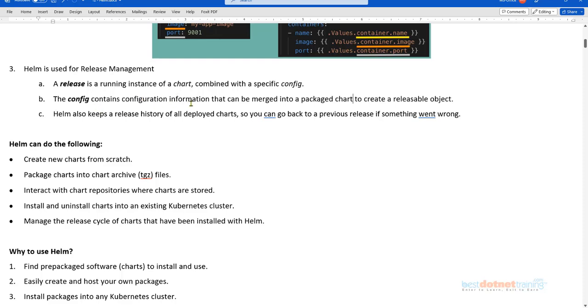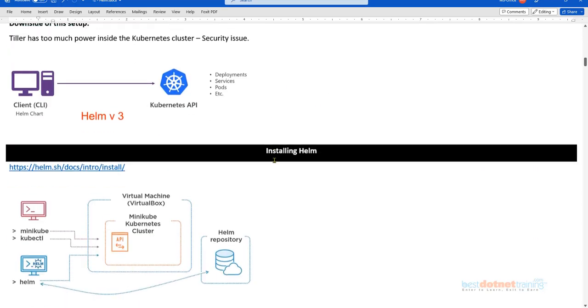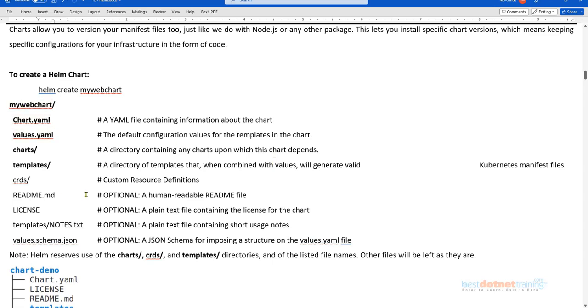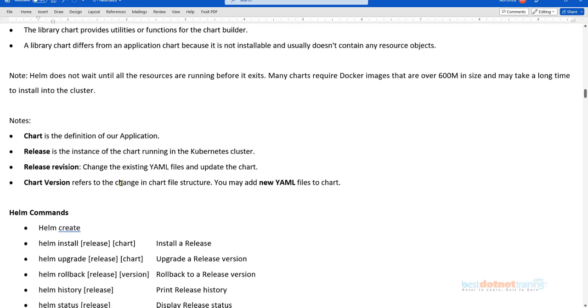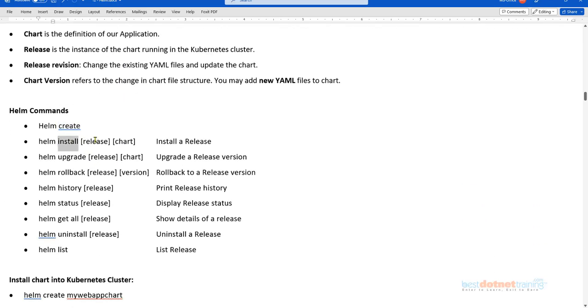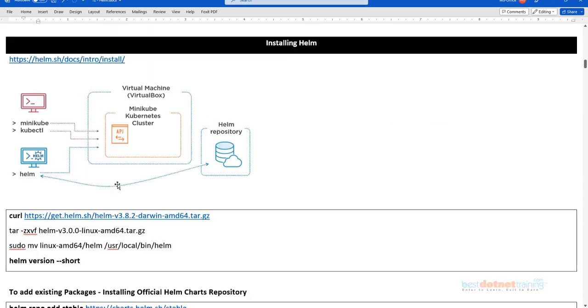Based on the information in the configuration, all your stuff to be deployed is packaged, and then it would be released for deployment. And how do you release it? Obviously that is where we have the Helm commands. There you go: Helm install, Helm upgrade, Helm rollback. So this is where your config will be utilized.